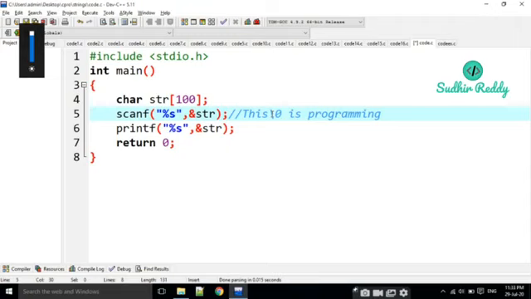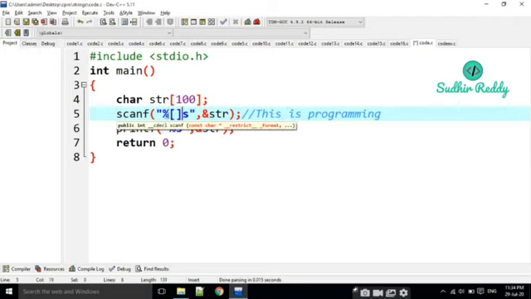In this way, with this scanf method, what I am typing here is cut off. To overcome this, we have to write %[^\n]. That means if we press the enter key, only then will it be the end of the string. That is what I am mentioning here.